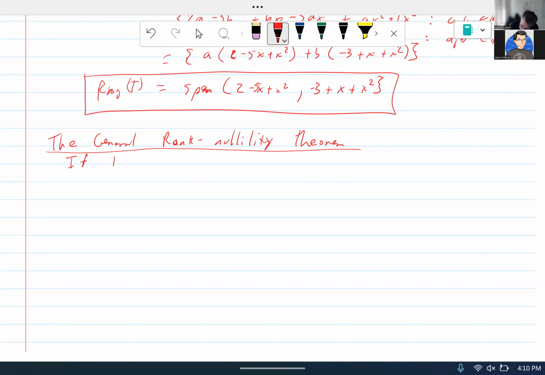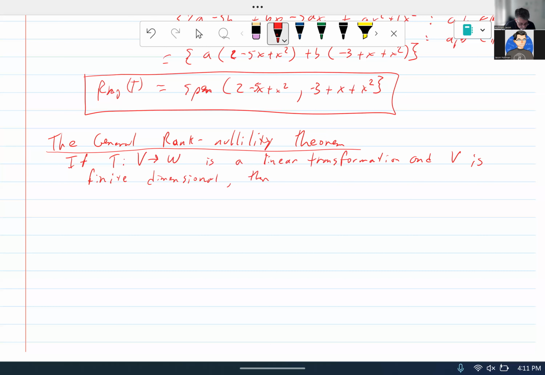If T is a transformation that takes V to W, is a linear transformation, and V is finite dimensional, right? Then